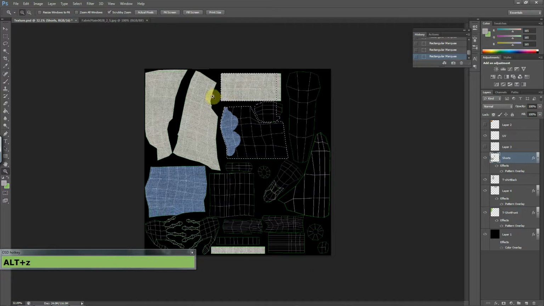And actually this area as well. For this one, which is a little bit trickier,